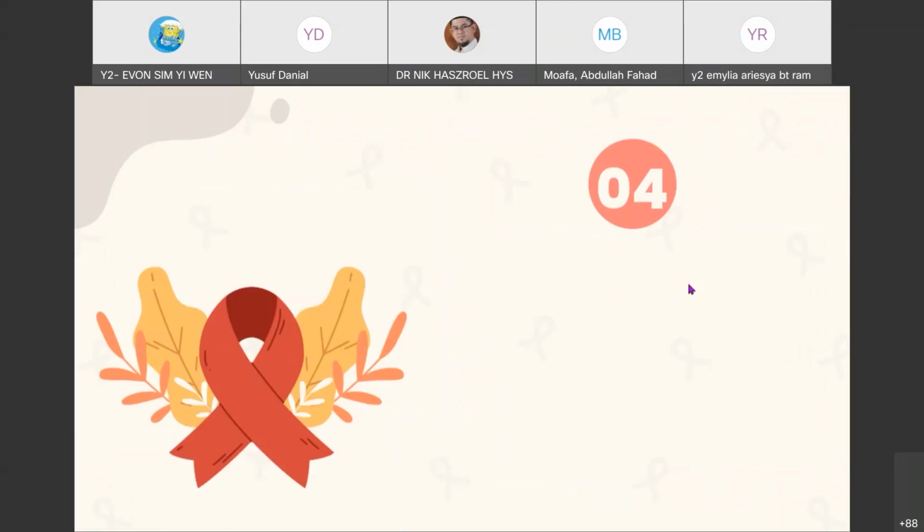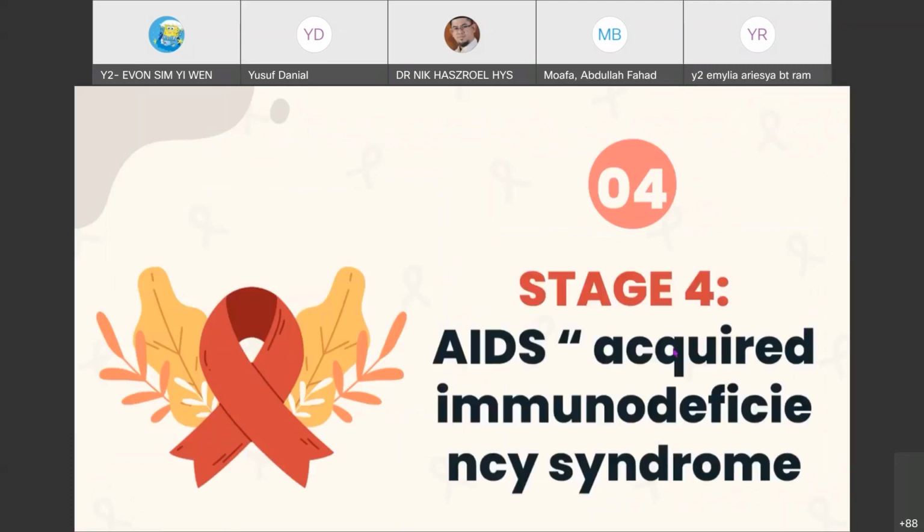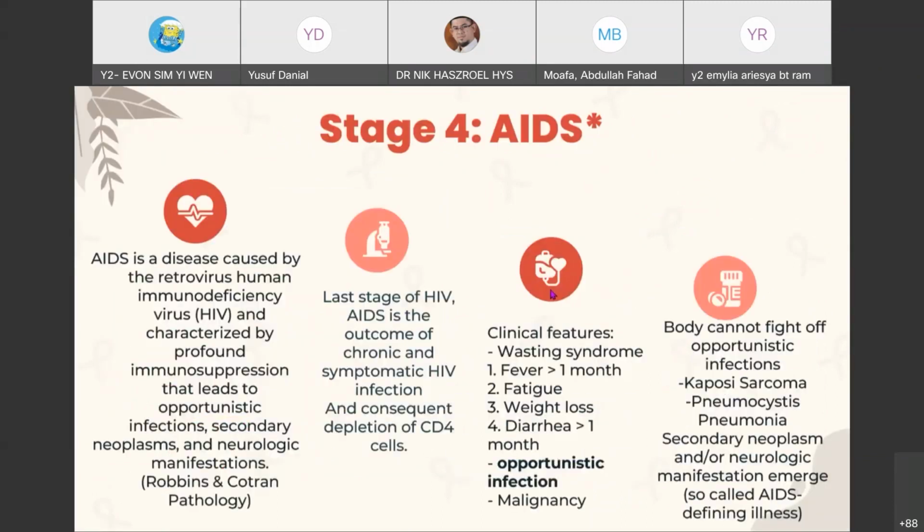So now we come to the last stage of HIV, that is AIDS, acquired immunodeficiency syndrome. AIDS is the last stage of HIV and is the outcome of chronic and symptomatic HIV infection and consequent depletion of CD4 cells. Based on Robbins and Cotran pathology, it defines AIDS as a disease caused by the retrovirus human immunodeficiency virus, that is HIV, and characterized by profound immunosuppression that leads to opportunistic infection, secondary neoplasm, and also a